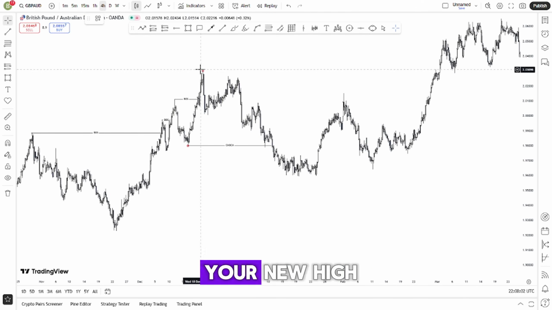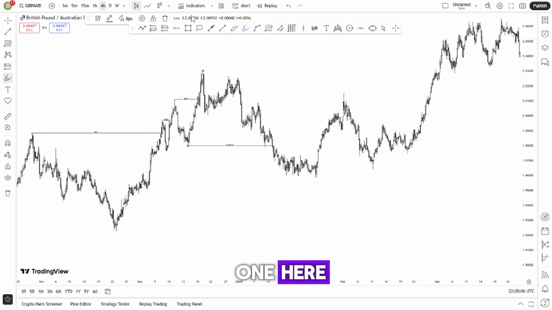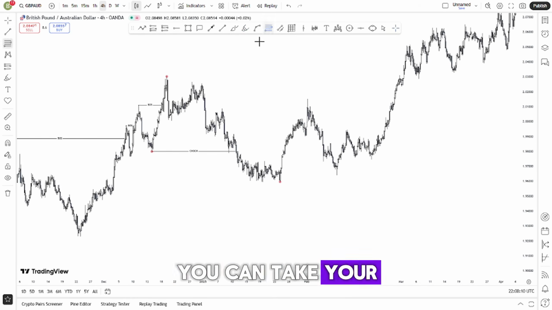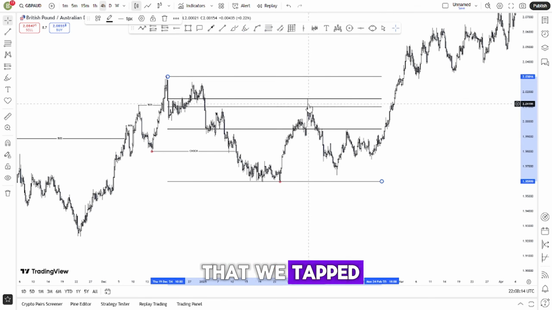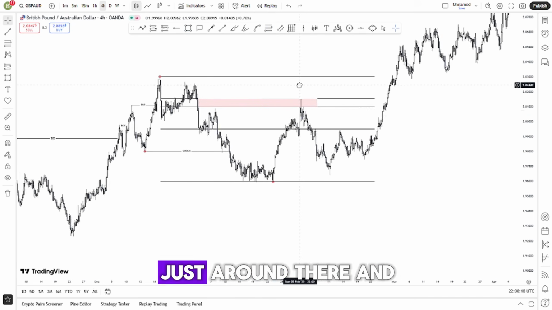Then now we have your new high, then you have your lower low, of which it's this one here. Then after that, what you expect is selling opportunities. Then you can take your Fib tool from the high to the low. Then you clearly notice that we tapped into that golden zone, of which is the 0.5, just around there, and